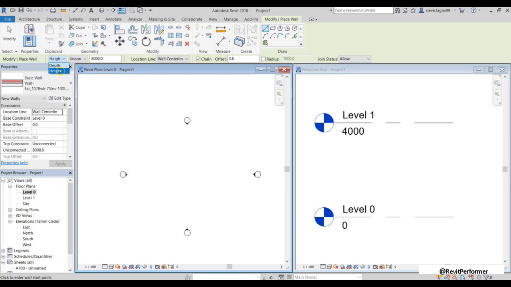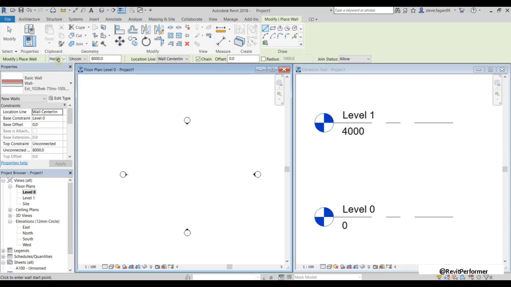So whether we draw by height or by depth simply means that as we're drawing currently on level 0, so there's our level 0, if I have height selected, my base level will be constrained to level 0. So my wall will go above level 0 and connect to level 1. If I change over to depth, my wall will be constrained at level 0 and go below my level 0. So that's the difference between the height and the depth.